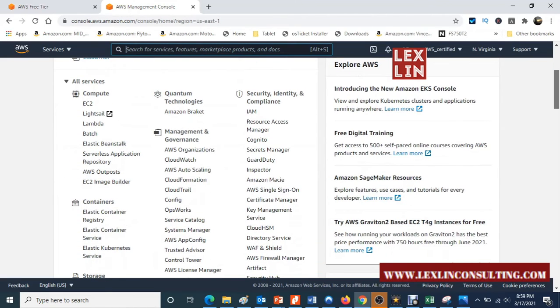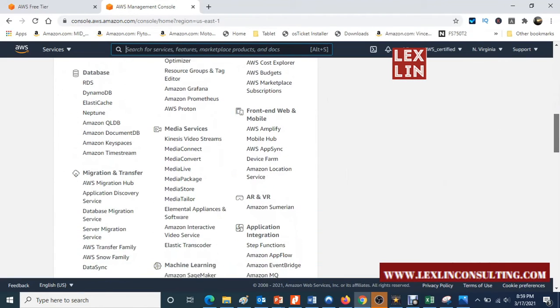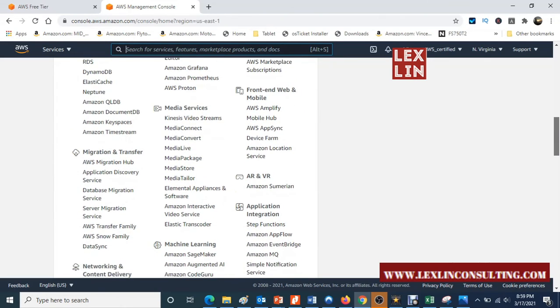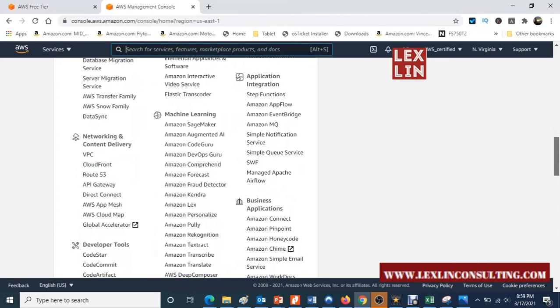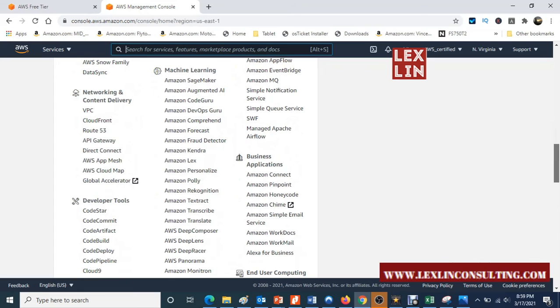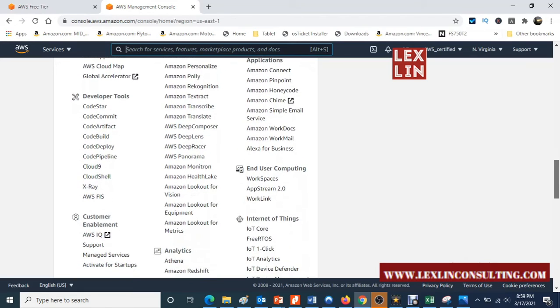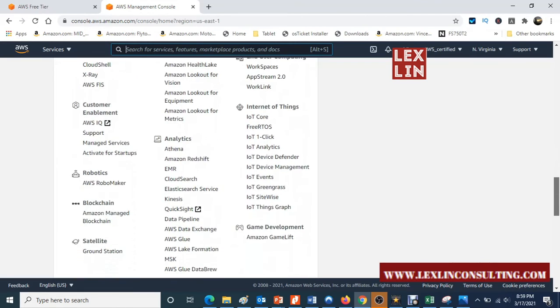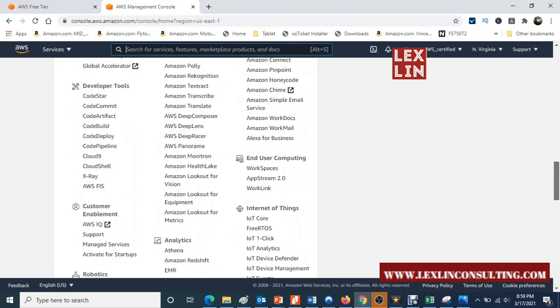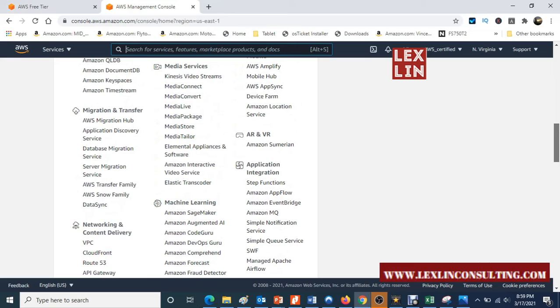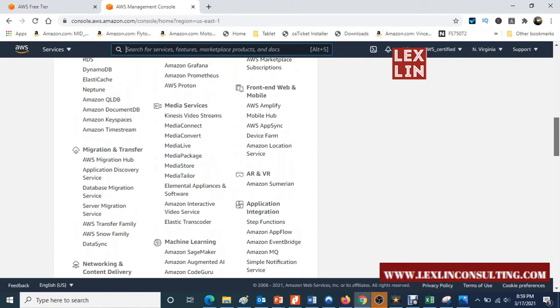Another video that I'll be doing soon is Azure, just doing a bird's eye view of what is in each of these cloud platforms. And then if you want to learn more, you can delve into it further. But you get a lot of options. The best thing is to start with things that are actually useful to you, and the things that I've highlighted are the most common ones.